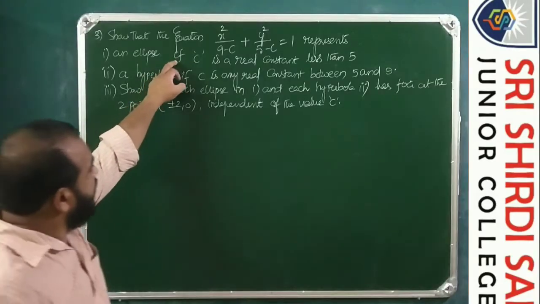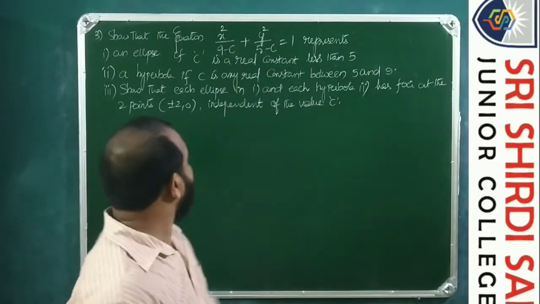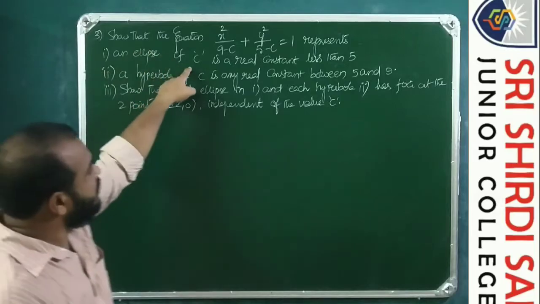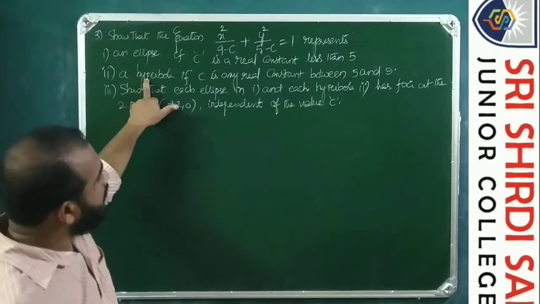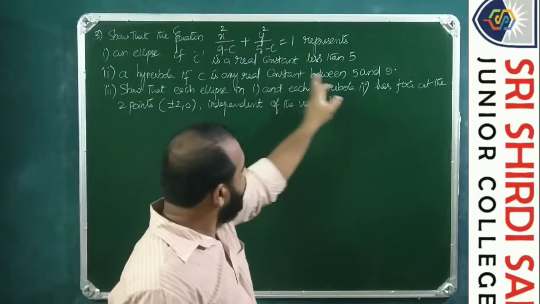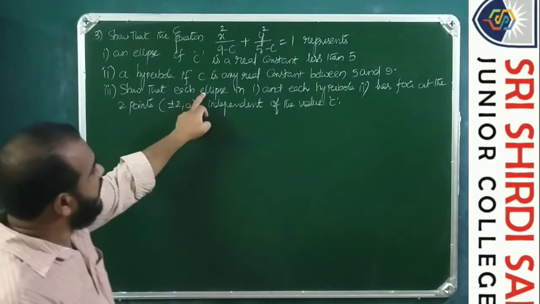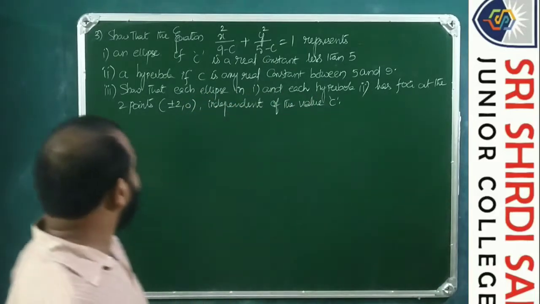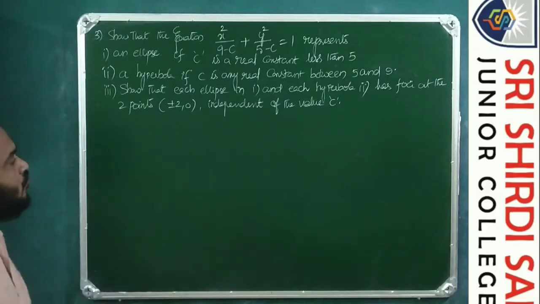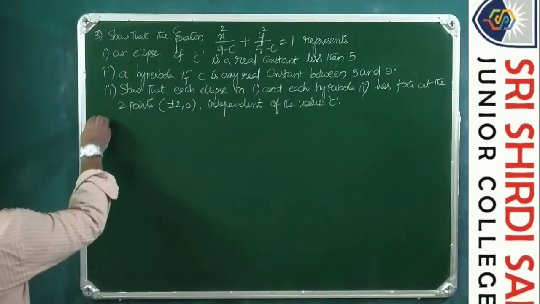Show that the equation x square by 9 minus c plus y square by 5 minus c equals 1 represents an ellipse if c is a real constant less than 5, and a hyperbola if c is between 5 and 9. Show that each ellipse in 1 and each hyperbola in 2 has foci at the two points plus or minus 2, 0, independent of the value of c. So